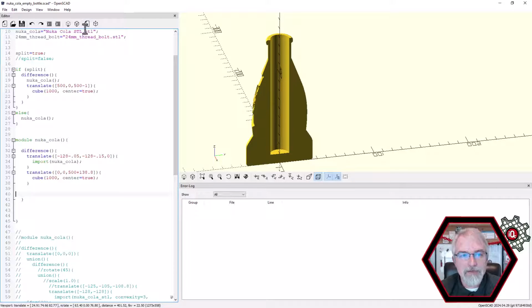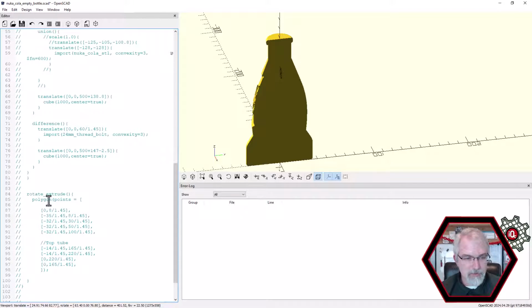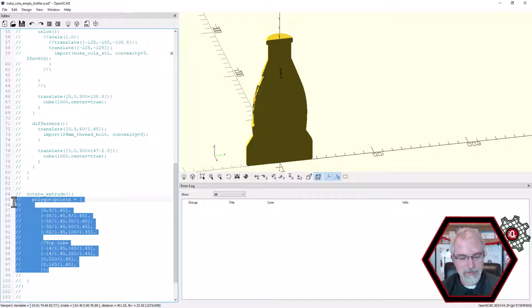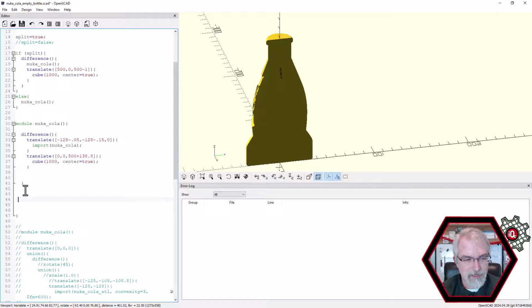We want to create a unique shape that will represent what's inside here pretty closely. I'm not going to do perfect curvatures. I'm just going to do some simple lines and get the job done. What we can do is make a shape, rotate it around an axis, and then move it up there. So let's show you how to do that. We're going to use polygon points. I'm going to cheat a little bit and copy these polygon points. So down on the XY plane,